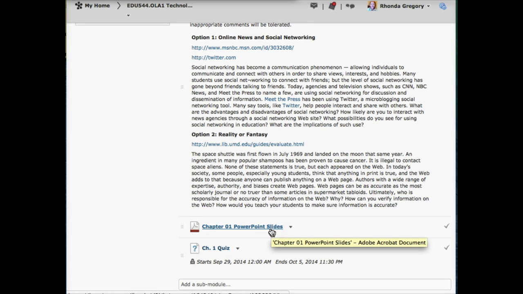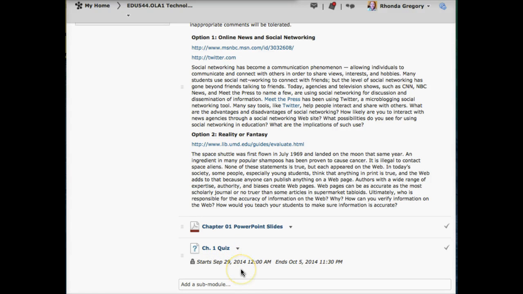Then there will also be listed the PowerPoint slides from our textbook. So again, these are just copies of the slides from the publisher. It doesn't have any of my voiceover or explanation. It's just a resource to you to use as a study guide as you're reading through the chapter in preparation for the quiz that's available.